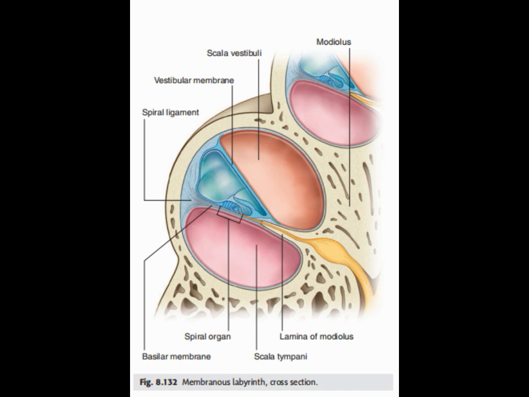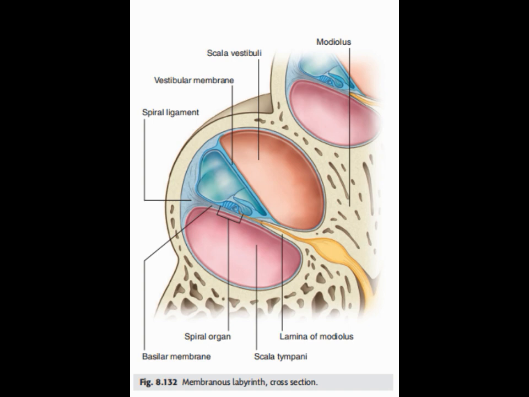of the free edge of the lamina of the modiolus, and a membrane, the basilar membrane, extending from this free edge of the lamina of the modiolus to an extension of the spiral ligament covering the outer wall of the cochlea. The spiral organ is the organ of hearing, rests on the basilar membrane, and projects into the enclosed, endolymph-filled